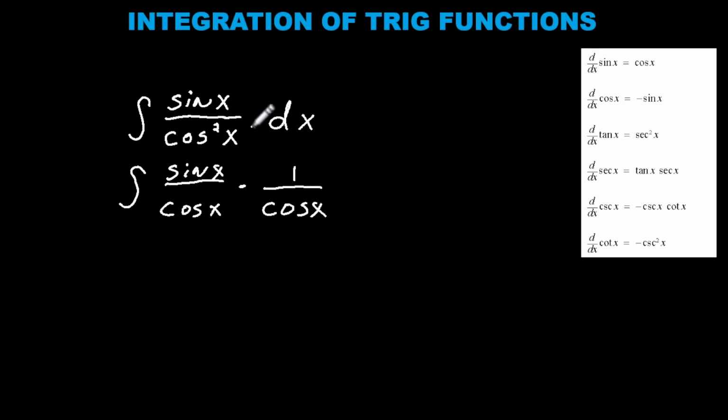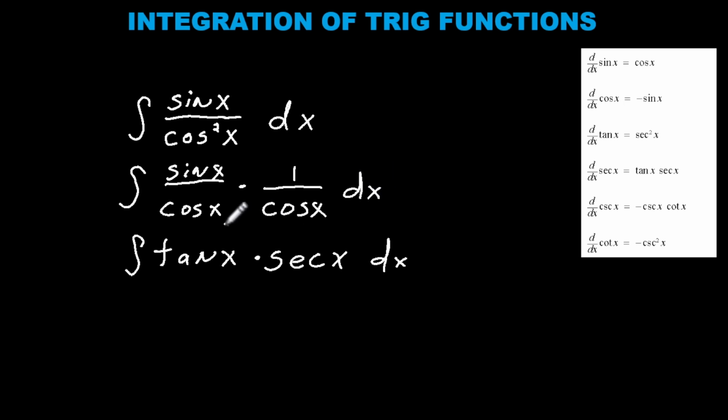Well, when I'm looking at this, a bell should be going off specifically on this one over here, because if I have sine x over cosine x, this is a trig identity, which is equal to tangent x. So I'm just going to write tan x here times, and then 1 over cosine x is secant x. So in the form that we have this here, tan x secant x, if I go over here, I see tangent x secant x, and that is the derivative of secant x. So the integral of this is secant x